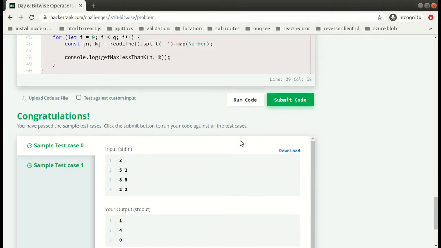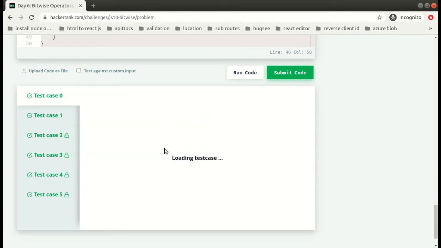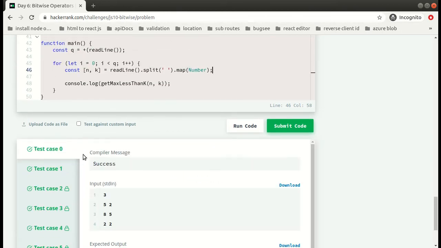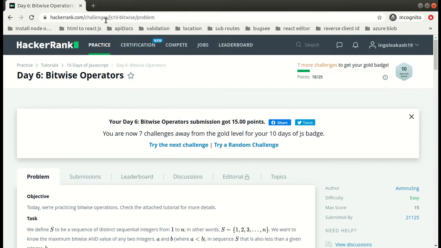Okay, cool. So we passed our sample test cases, and we also passed all these test cases. And we also got 15 points. Cool. So now let's proceed with another problem for today.